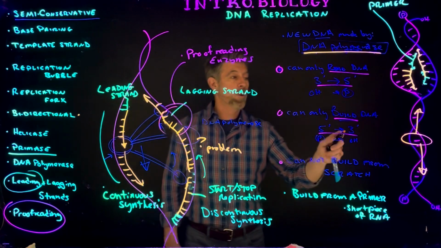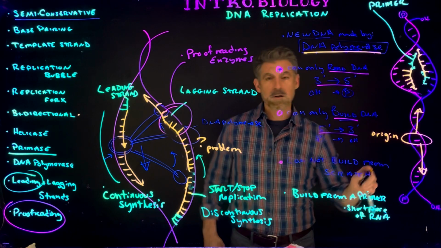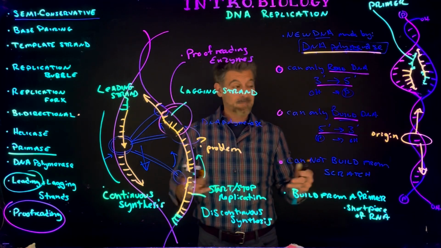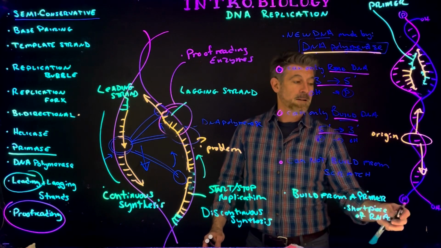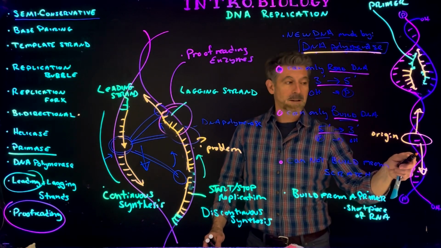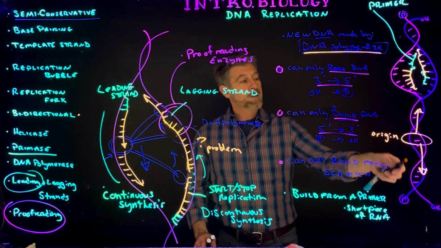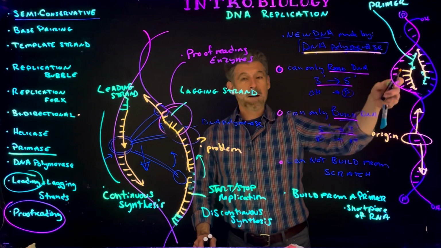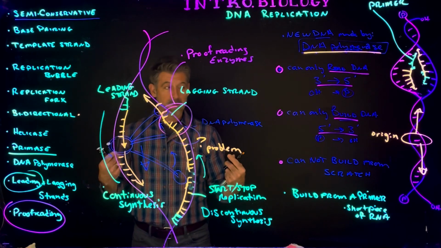That means from the origin, an origin of replication, the place where the DNA starts being pulled apart, it's typically not the end, like this. It's actually somewhere within the DNA. It pulls the DNA apart, and then it works in both directions from that point, because our chromosomes are so large